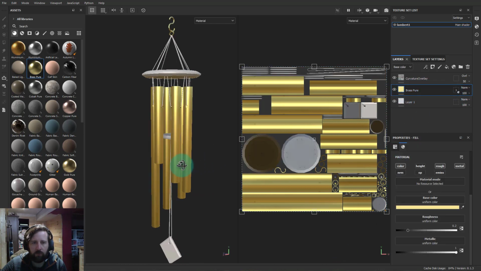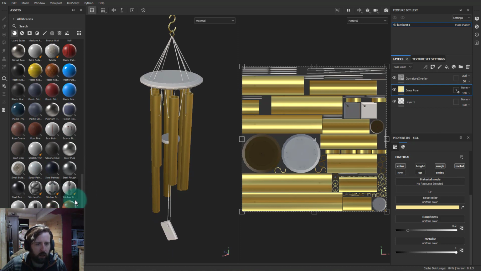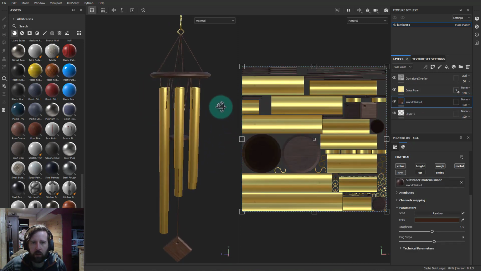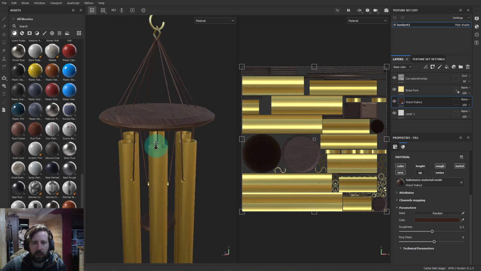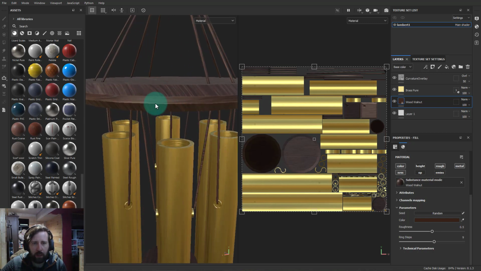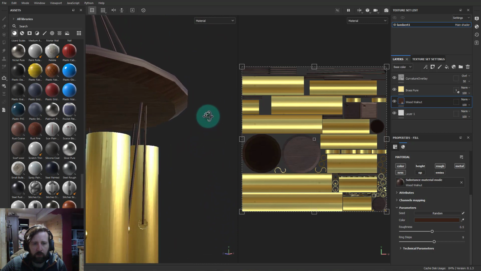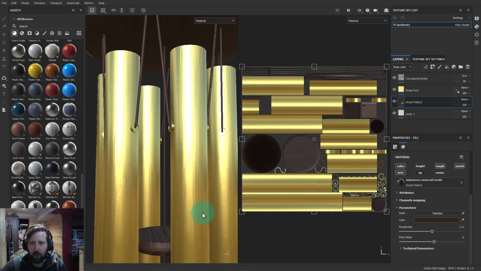Okay. So that's good. Okay, let's grab a wood. Let's grab a walnut wood and drop it in here. And right now we can see the seams quite a bit, right, where there's a texture seam here. We don't want that. And it looks like this is also impacting this. If I drag this up here,